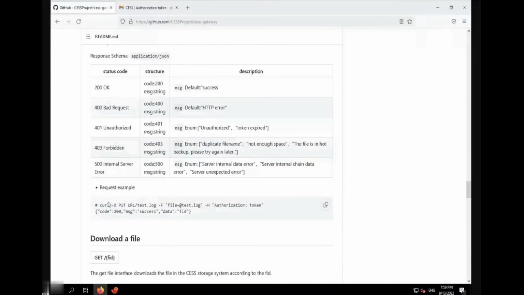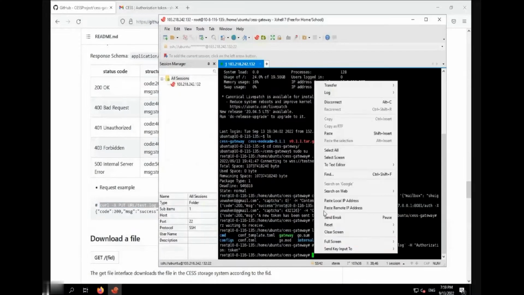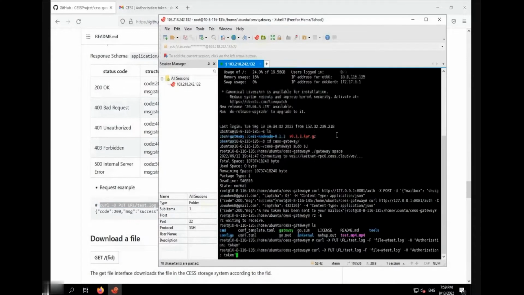Copy the command line so you can upload the file. Then modify the URL, the file name, and the token information.